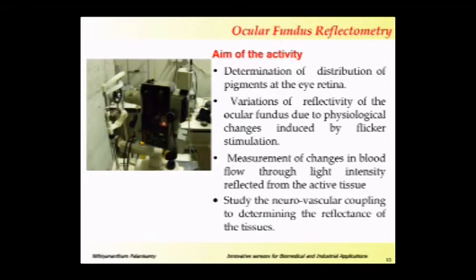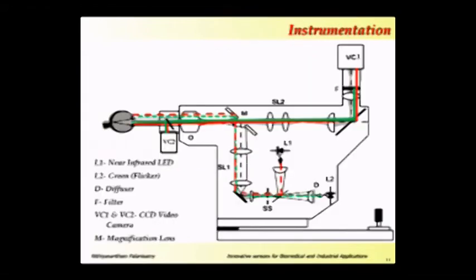Now I move on to the next activity I performed, which is ocular fundus reflectometry. The aim of this activity is to measure the reflectivity variation, that is, blood flow changes induced by light flicker stimulation. The experimental setup of this